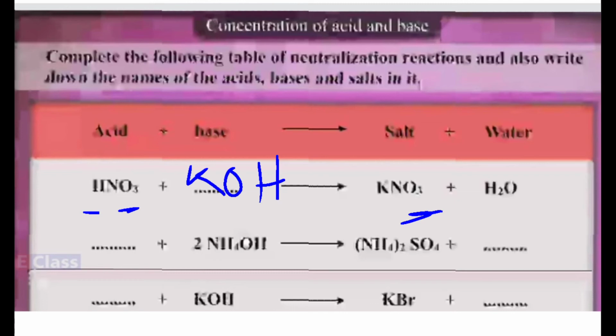Okay? Now coming to the next part, you have 2 NH4OH. And how much is there here? NH4 twice, SO4. Now SO4 comes in which acid? Yes, it is sulfuric acid, H2SO4. Right? Now what has happened here? 2OH has come, here there are 2H, so even the water will be 2 moles. So 2H2O. You can write this down, children, in your textbook also with pencil, because such reactions are expected in the exam.